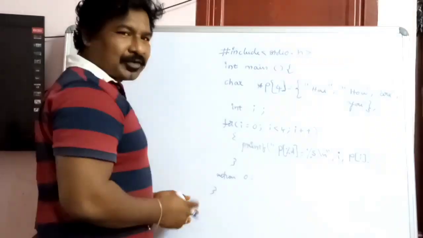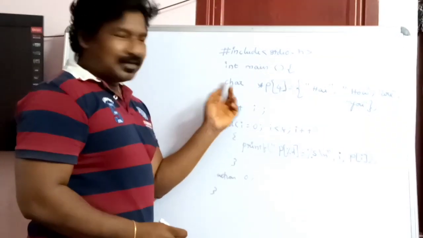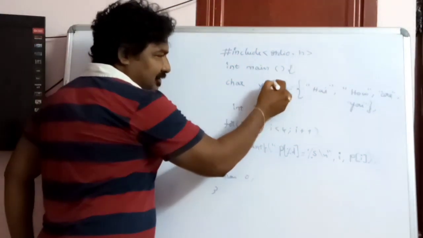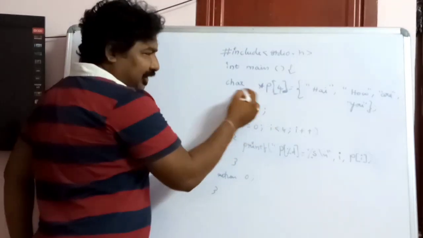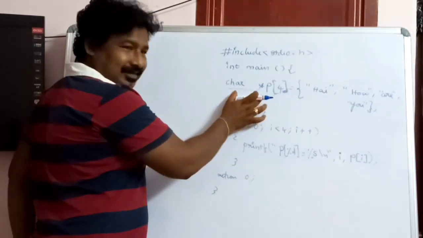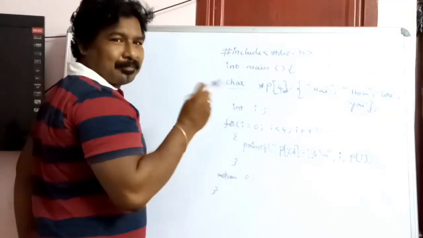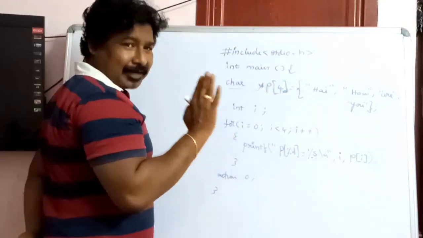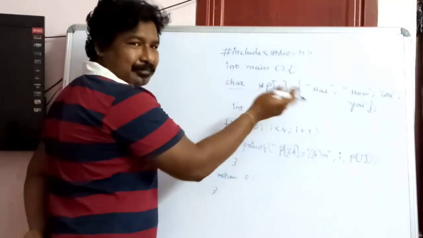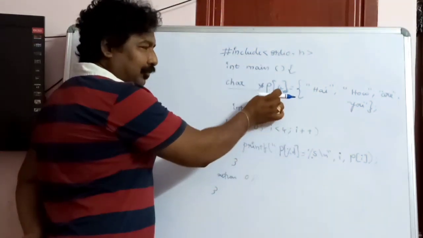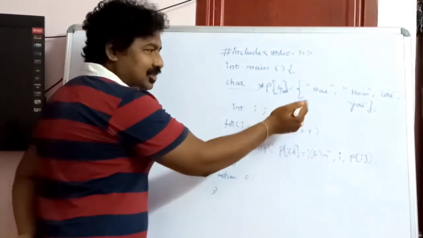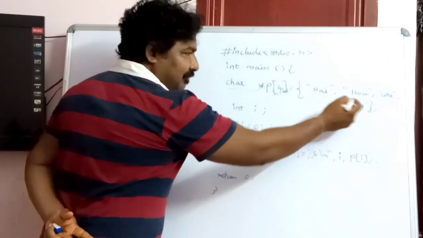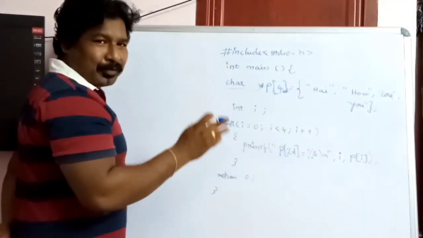Okay friends, just look at this particular program. This program has an array of pointers. See this subscript size 4, which means this is an array of size 4, but what is the data type of this array? That is char star. That means this P is not a single pointer, it is an array of pointers. In P there are 4 character pointers, where each pointer can point to an individual string. For initializing these 4 pointers, I have initialized them to 4 strings: hi, how, are, you. So this is how you can initialize an array of character pointers to strings.